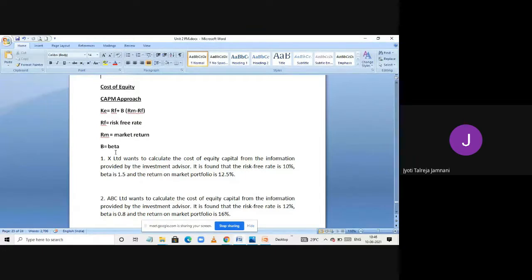When I was doing analysis of bank returns, I got the beta value on Capitaline software, which is bought by the college, but you can use it only in the college Wi-Fi domain, not at home. So maybe once you join, I will show you in one of the classes how to find in Capitaline software the beta of all the companies. Otherwise, on Moneycontrol and all that, you can try. I have not tried. I'll check. If I can find any website that gives the beta value, I'll share it.